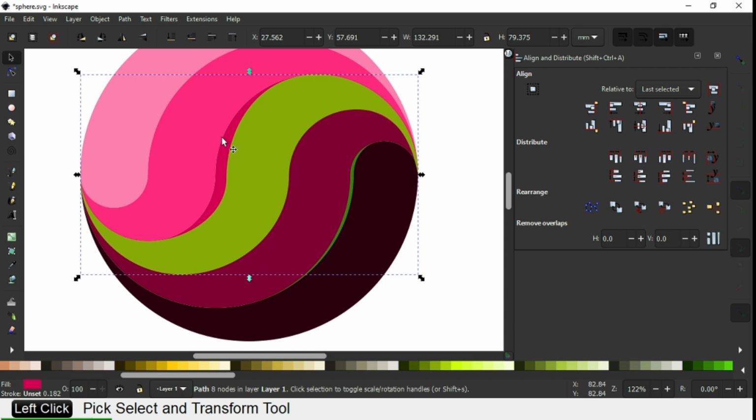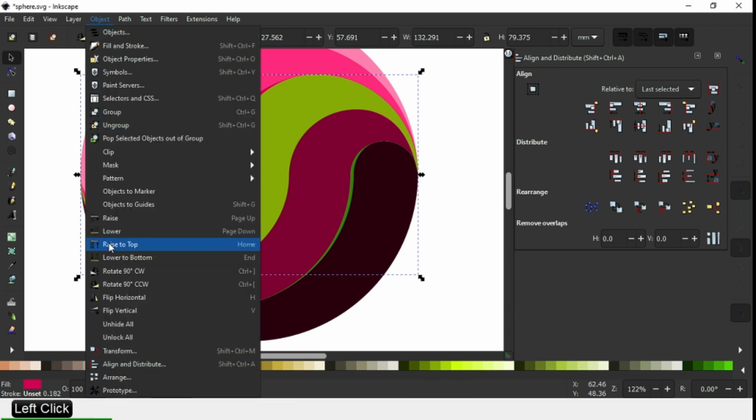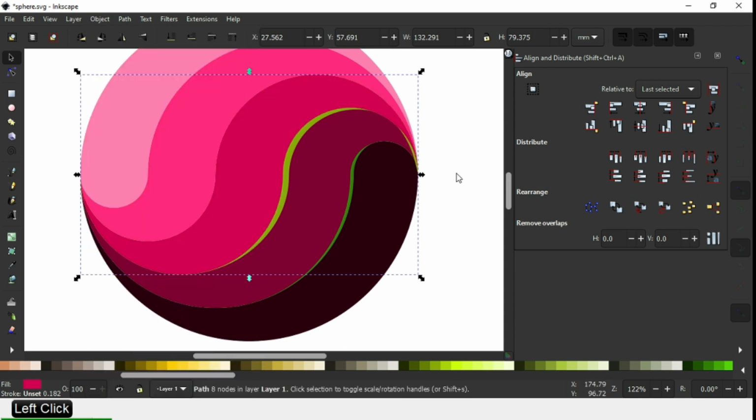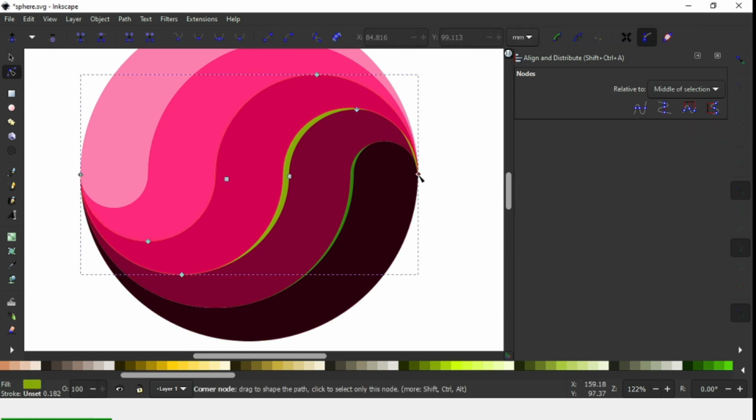Select this object from behind. Click on Raise to Top. Again select this object and modify it. Edit very carefully.